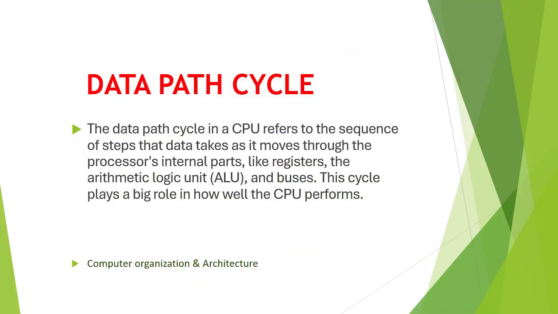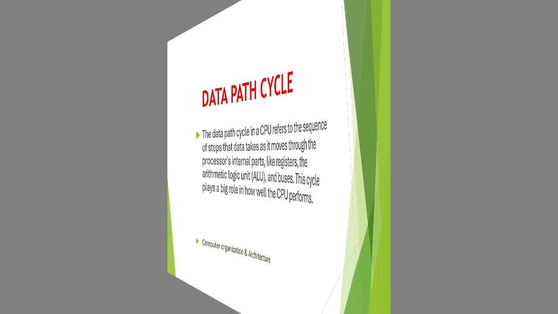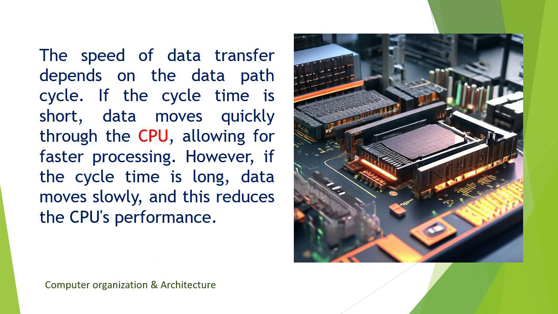Back to the Datapath cycle itself. This cycle plays a big role in how well the CPU performs its task. The speed of your processor also depends on the Datapath cycle. If the cycle time is short, then data will move very quickly through the CPU, and vice versa. If the cycle time is very long, meaning the data will move very slowly, that will surely reduce the